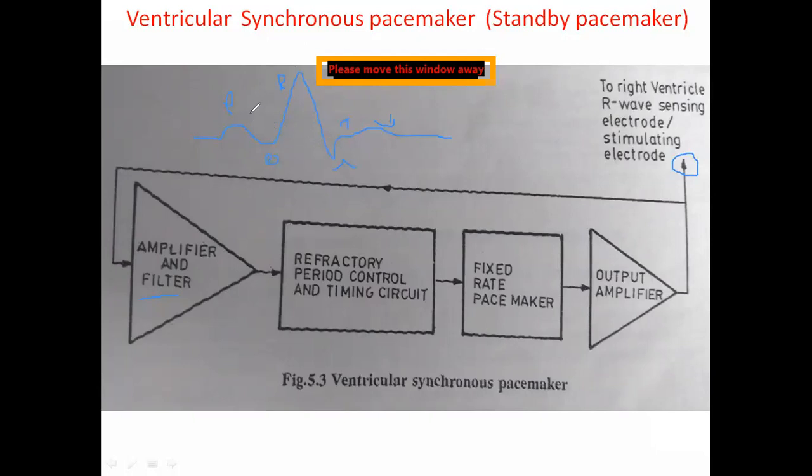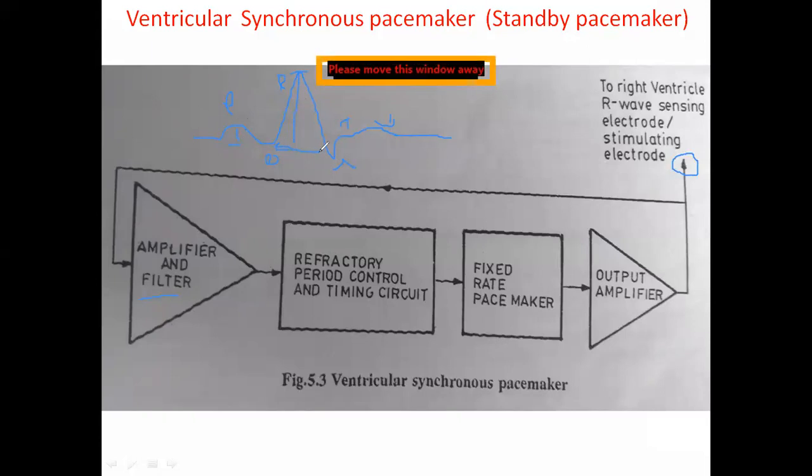So out of this, this QRS is called the complex waveform, the QRS complex waveform. The amplitude of the R wave is different from the P wave. So R wave voltage is very high when compared to the P wave, and the generation time is also very high when compared to the P wave.